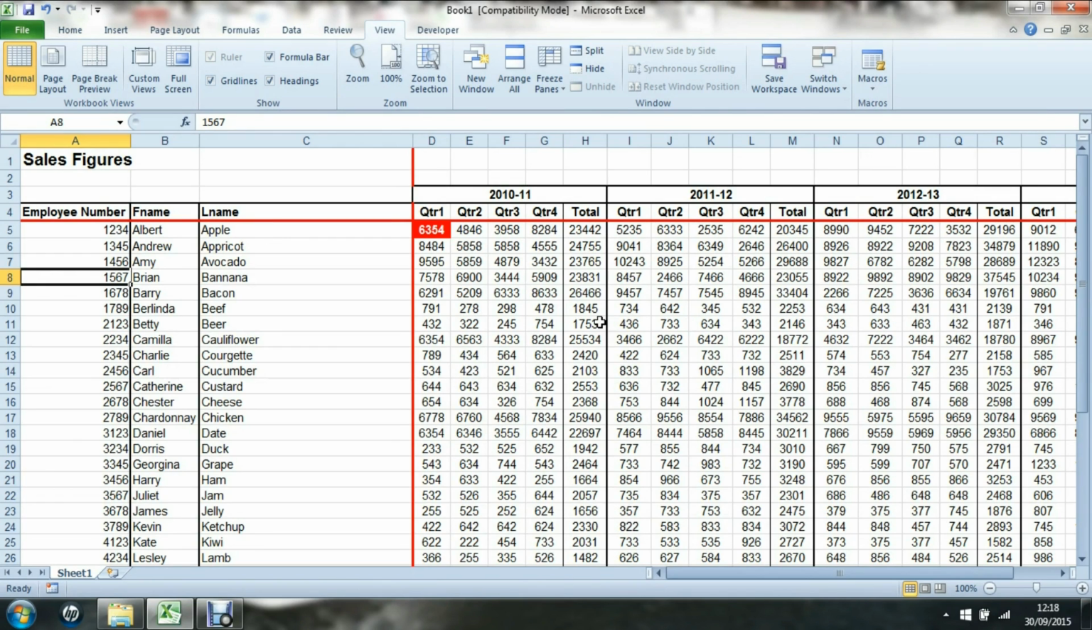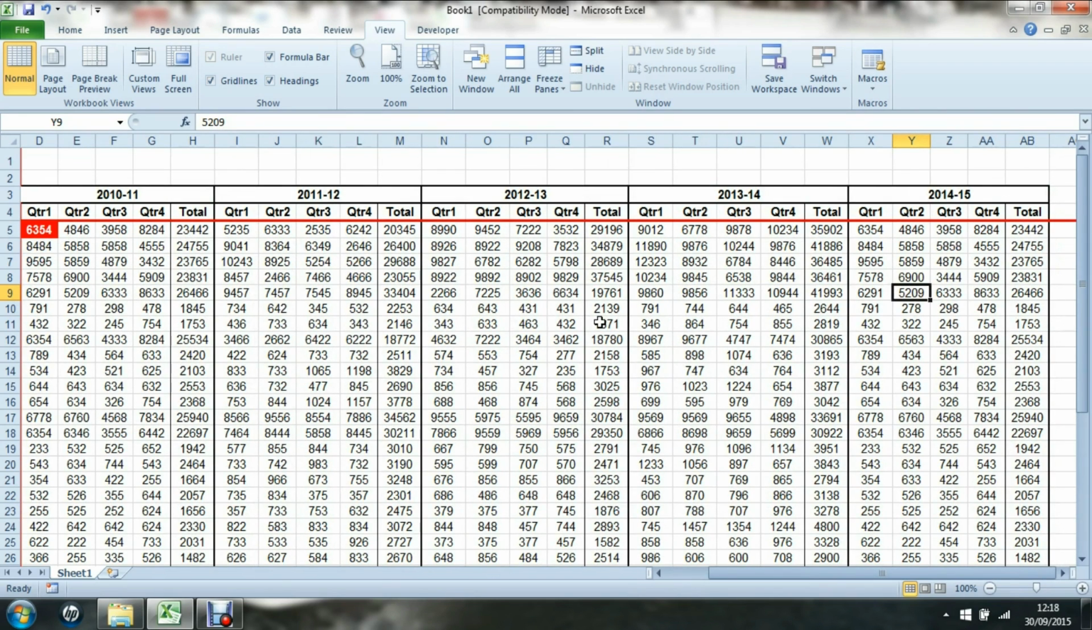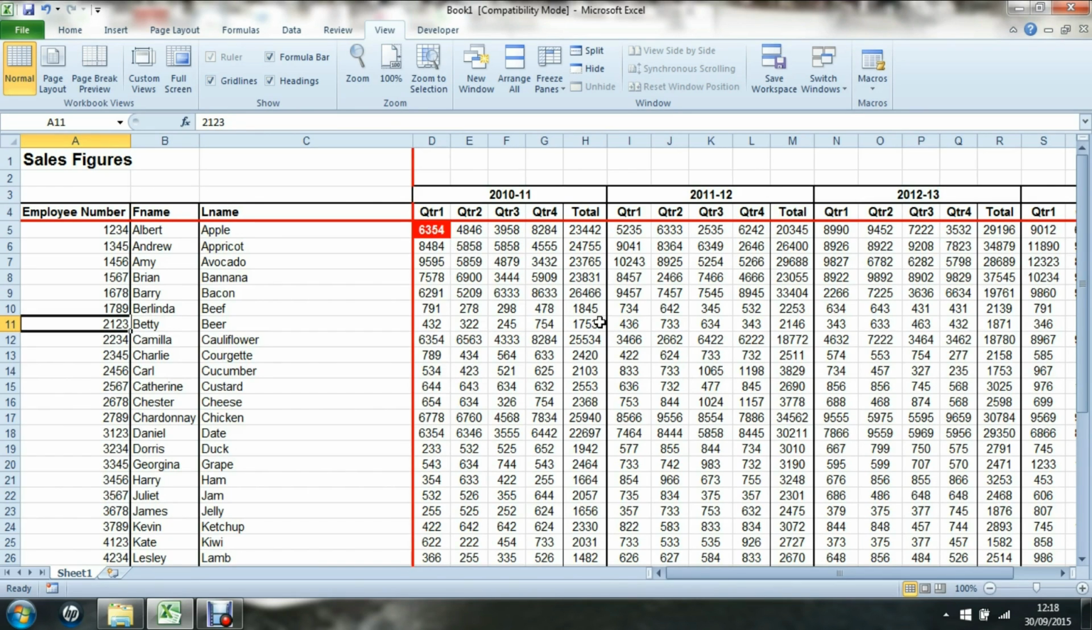So here I have a large worksheet of data, and a common problem with working with large sets of data is that you often lose sight of the row labels, for example Amy Avocado or Belinda Beef, or you lose sight of the column labels, 2011, 2012 for example. And what I mean by that is that if I go over here and want to work on the 2014 to 15 data, and I choose 754, I really don't know now which person that data relates to unless I scroll back and see that it belongs to Betty Beer,